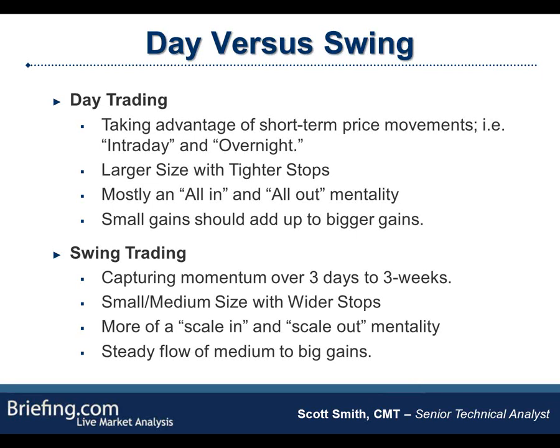When it comes to swing trading, it's a little bit more about positioning yourself within the momentum or at a particular support and resistance level and trying to capture and sit with that position for a couple days to a couple weeks. The longer the better. Usually people don't go in with a full-size position, like a couple thousand shares. You're going to go into something a little bit smaller and medium, and you're going to have a much wider